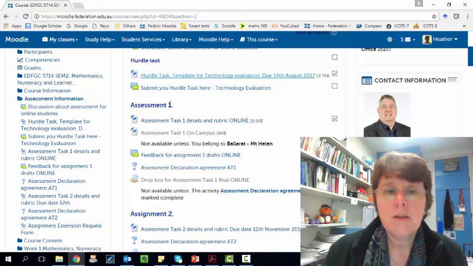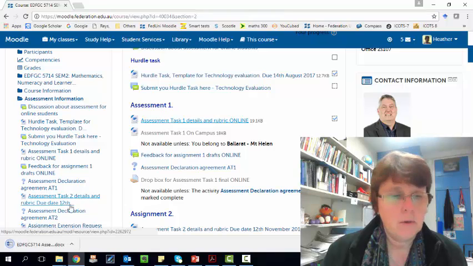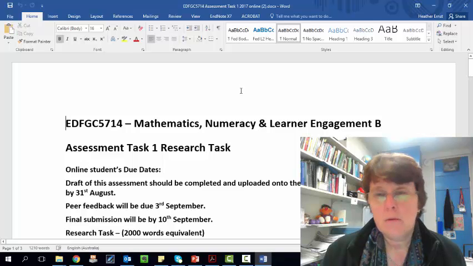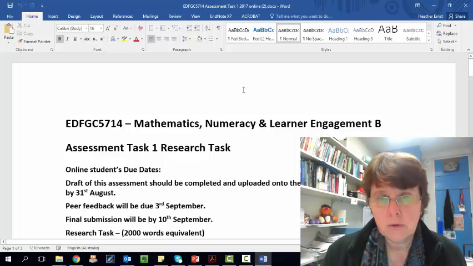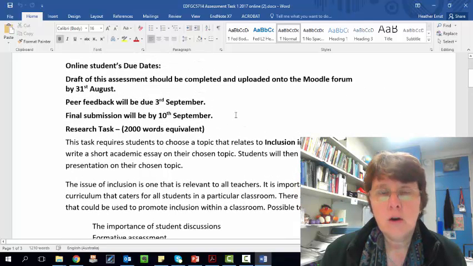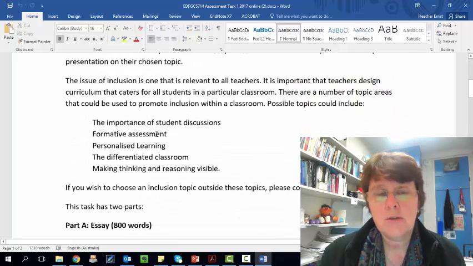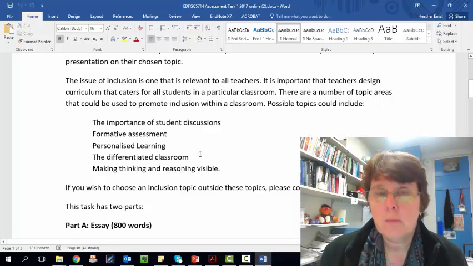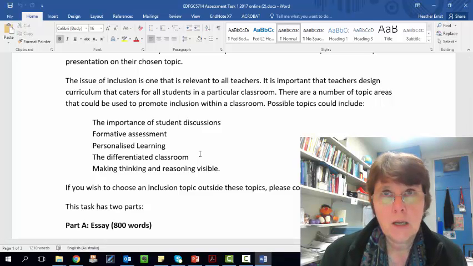Assessment task 1. So this is where we're trying to cater for all of our students. Okay, so you'll need to look at the weekly material to support you in this, but this one's mainly on the assessment. So basically, you choose a topic on helping to include all students in your classes. Now you could choose discussions, assessment, personalised learning, differentiating, reasoning, visible. You could choose these topics, or you could choose a different topic, like catering for blind students, catering for autistic students, catering for